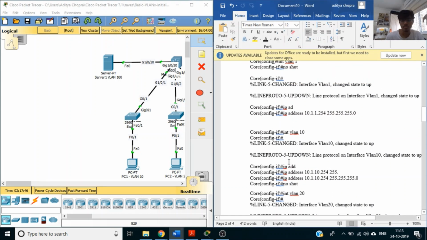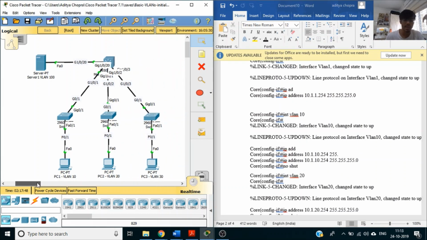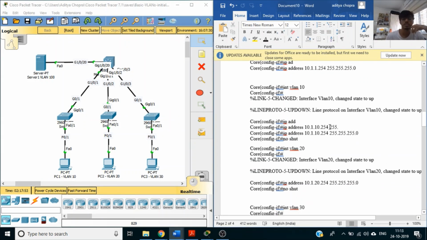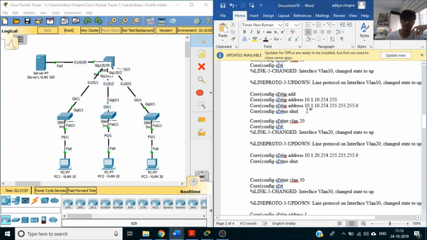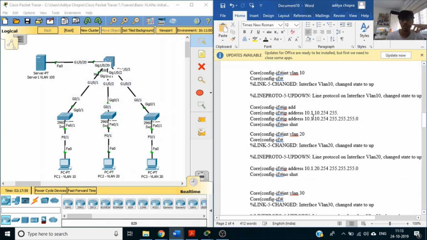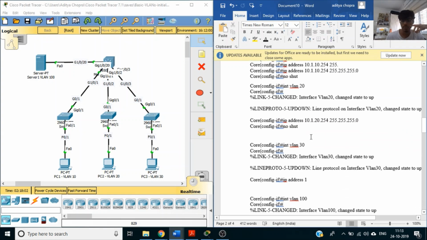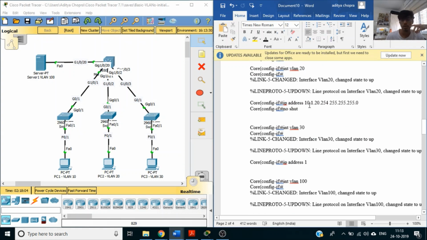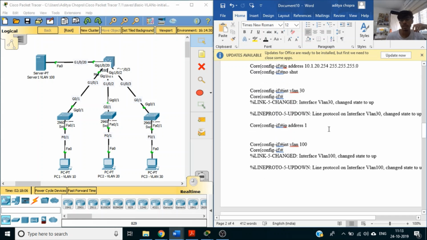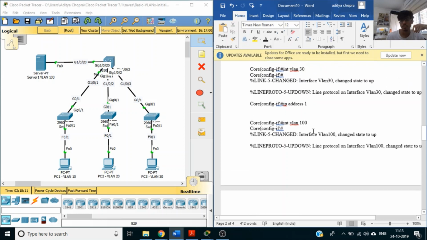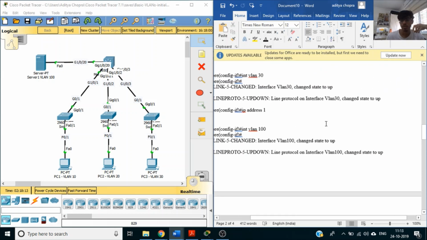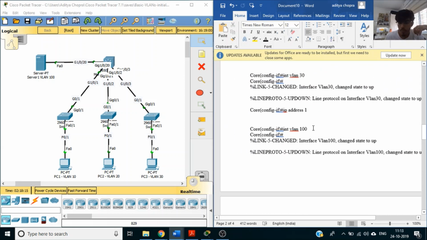Next, we configure VLAN 10, VLAN 20, and VLAN 30, and VLAN 100 as well. We have to give IP addresses to all four VLANs. So this is what I've done. For VLAN 10, I have 10.1.10.254. For 20, I have 10.1.20.254. For 30, I have 10 dot. Okay, I think I have not configured for 30. I'll just check